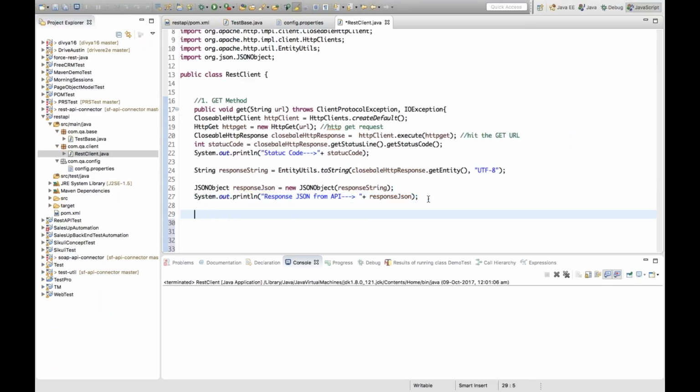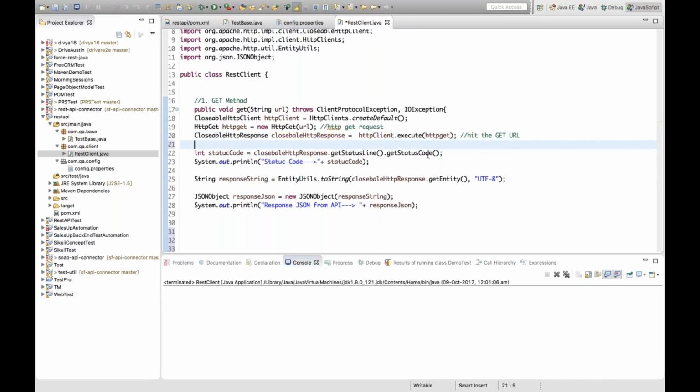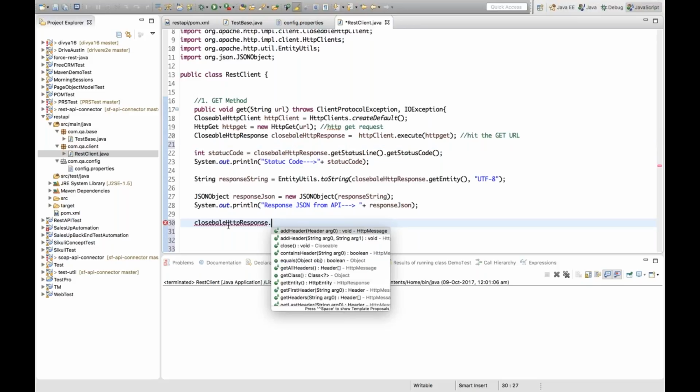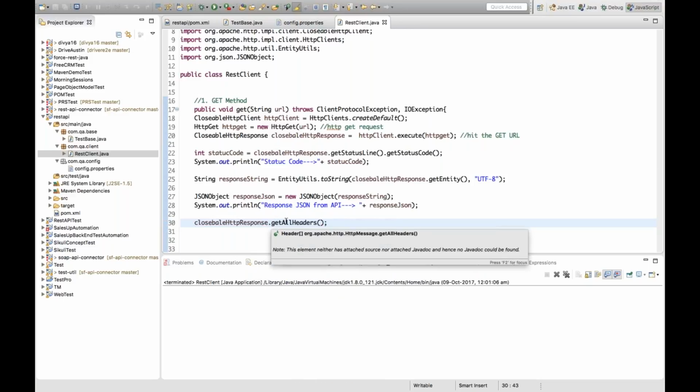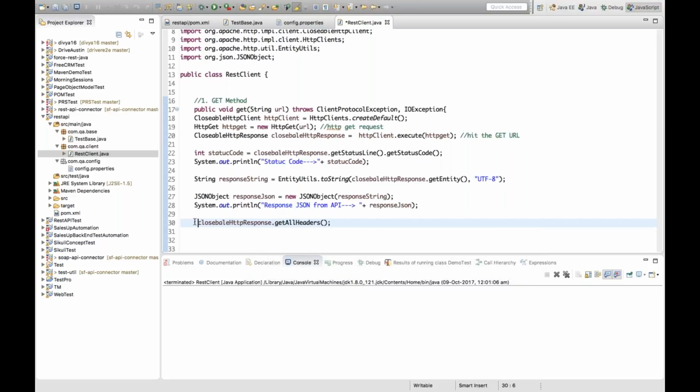To get the header, guys, the header is available in this particular response. This response has the status code, this response has the JSON string also, and we have to get the header from it. So we have one method, the getAllHeaders method, and this method will return one header array. Can you see that header array? So we will store it in this particular header array like this,